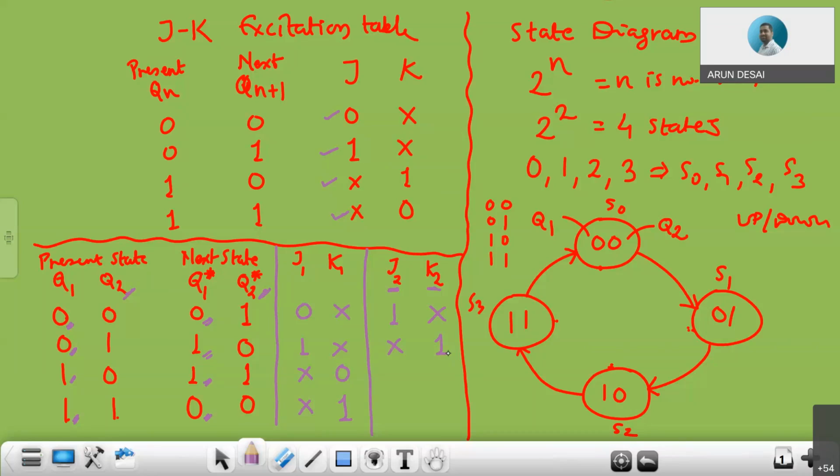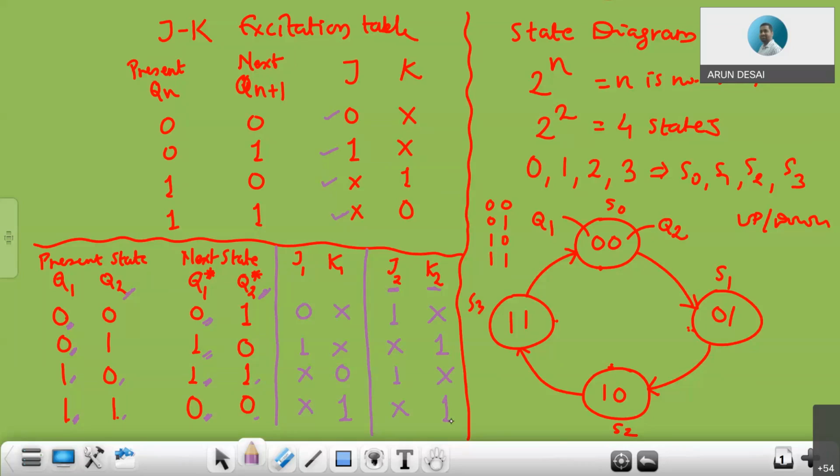For 0 1, for 0 1, 1 don't care right, again for 1 0, for 1 0. Yes, don't care 1. So this is how we write an